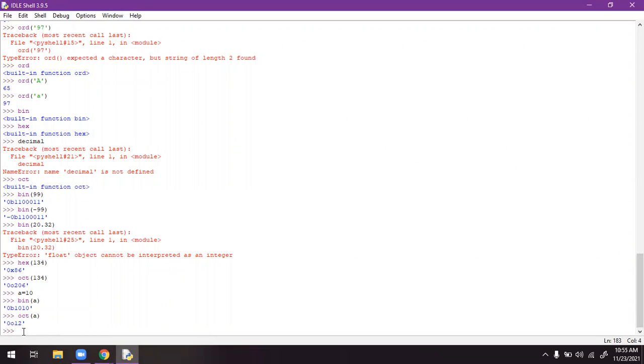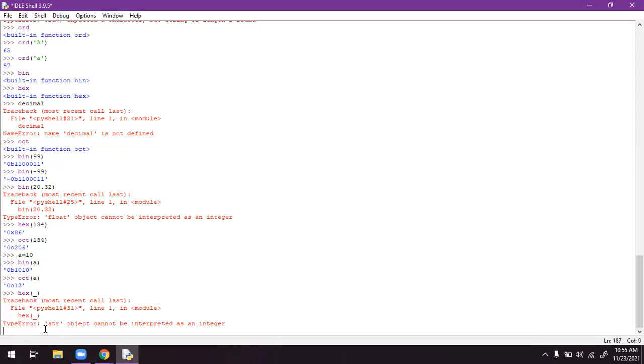Or else if I want to change this number directly in the form of hexadecimal, what we can do is hex of underscore. It is a temporary value now, 0 0 0 12. So that temporary value we are taking, but we got error.